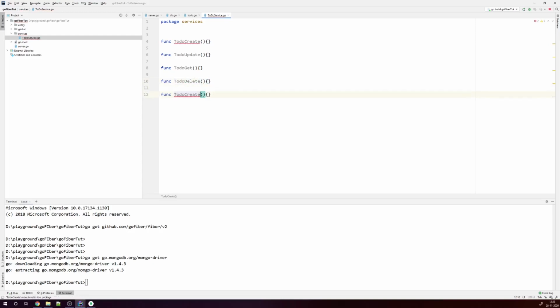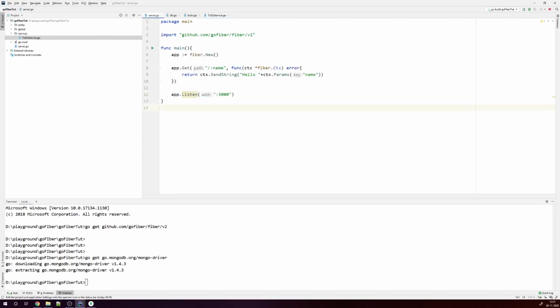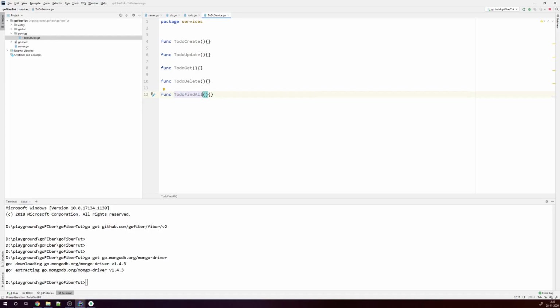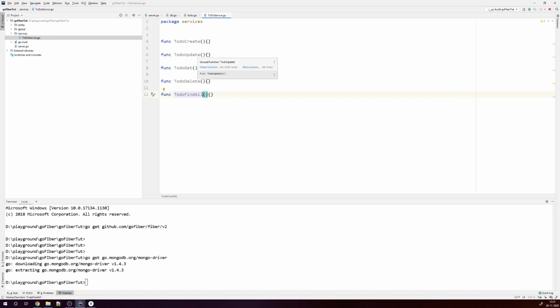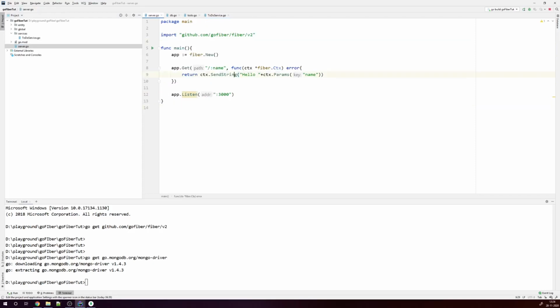And to do find all, right? So what we're going to do here is go back to our server.js file. We're going to set up those routes, and those routes will call these functions, and these functions would use the entity that we made here to create, read, update, delete, or get all the entities present in the MongoDB database. So let us go back to our server.go, and